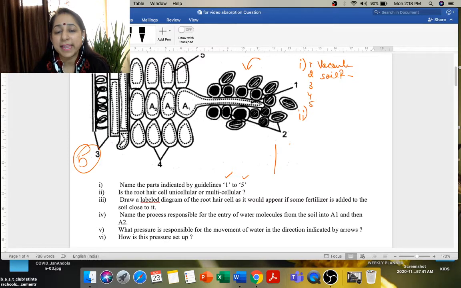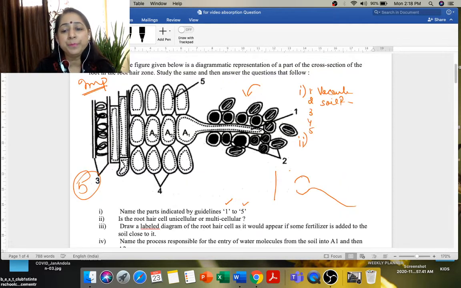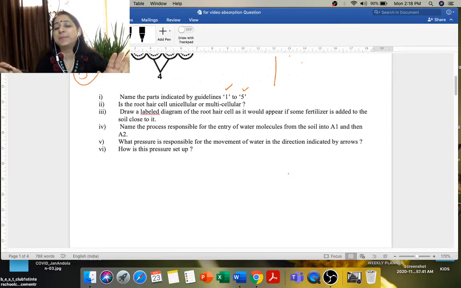So you will draw the same diagram. Whatever root hair you are going to form, it will be in a drooped stage. It will be a drooping root hair. That means it will be a shriveled or drooped down root hair. It will not be an erect root hair. So this is something which you need to make when the question is asked. You don't have to explain anything here. It says diagram, just draw the diagram.